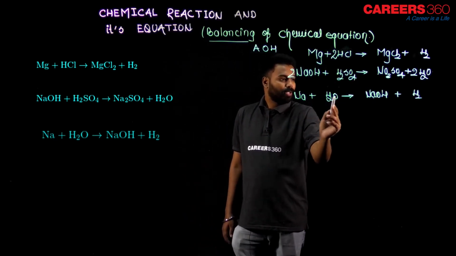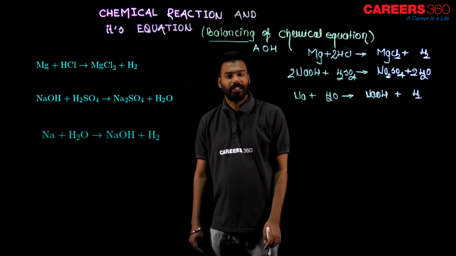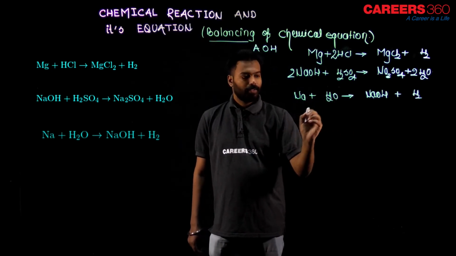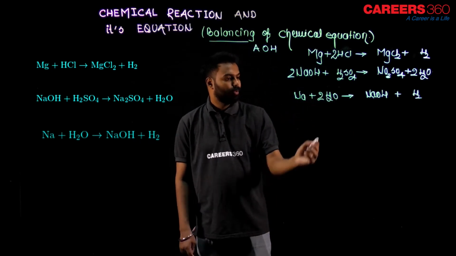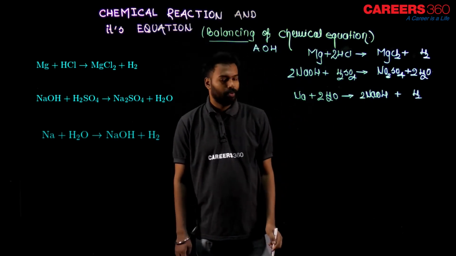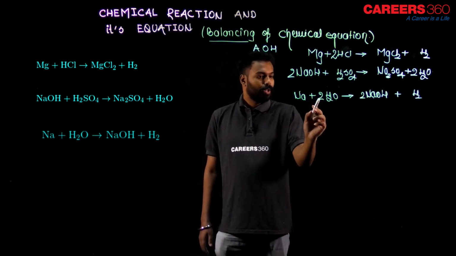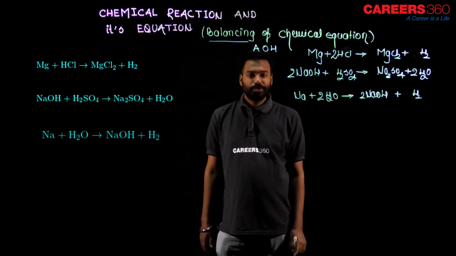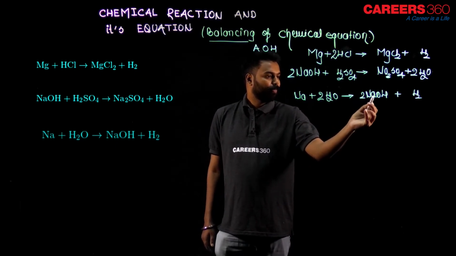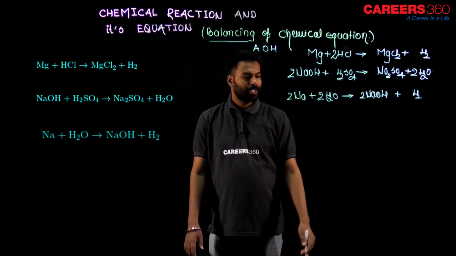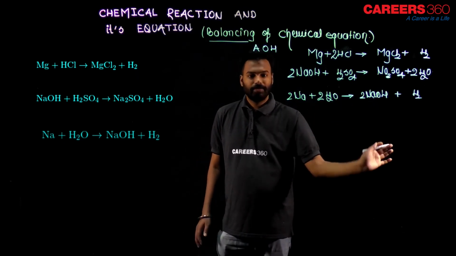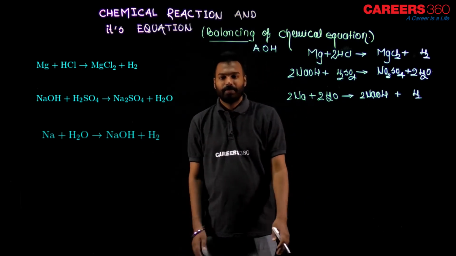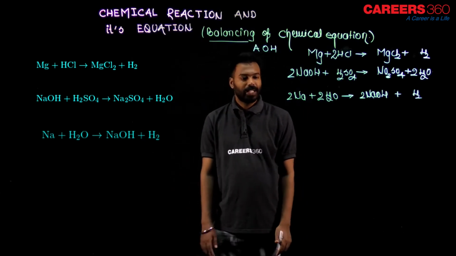Here 2 hydrogen and here 3 hydrogen, this is not balanced. Okay. So, do one thing, you can make it here 2 hydrogen, 2 to the 4 and 2 to the 4. In this way we balance the hydrogen also. See, 2 to the 4 hydrogen, 2 hydrogen and 2 hydrogen, 4 hydrogen, hydrogen balanced. But sodium is not balanced now. See, 2 sodium, okay, here also 2 sodium balanced, 2 oxygen, so 2 oxygen balanced. Now you can see all the atoms on the left hand side equal the right hand side.